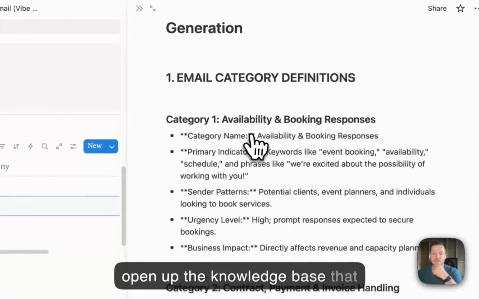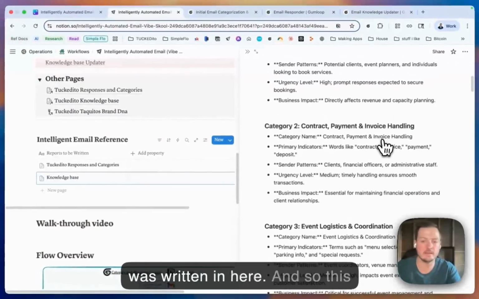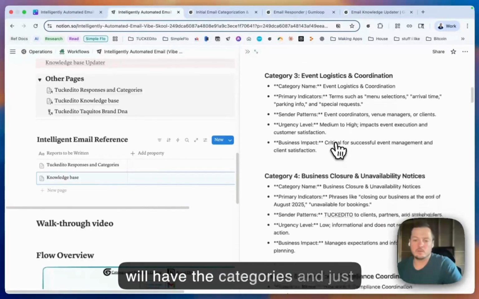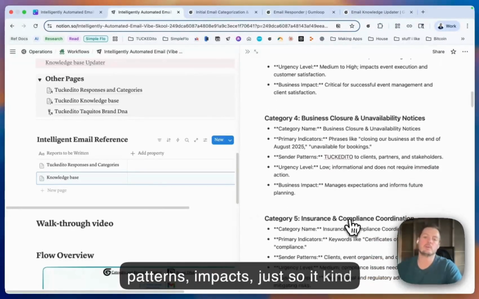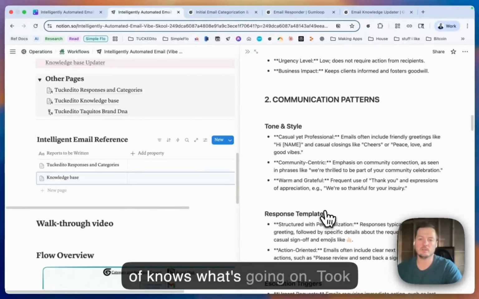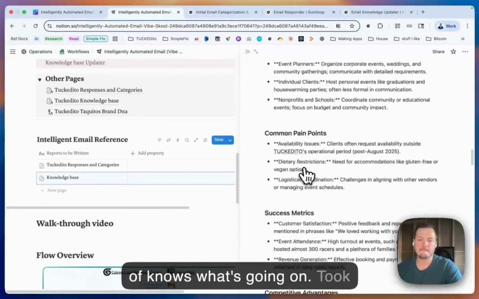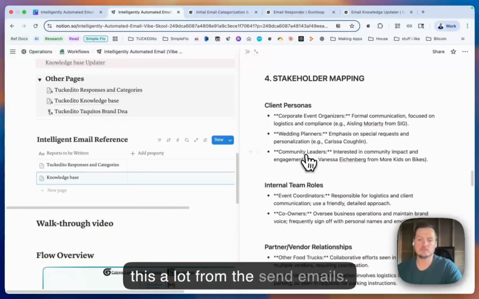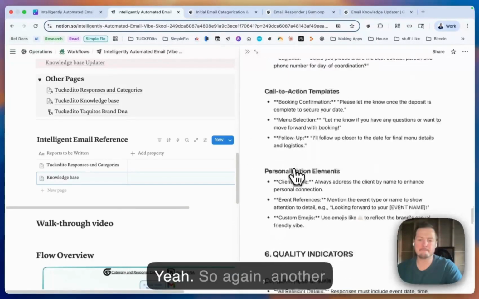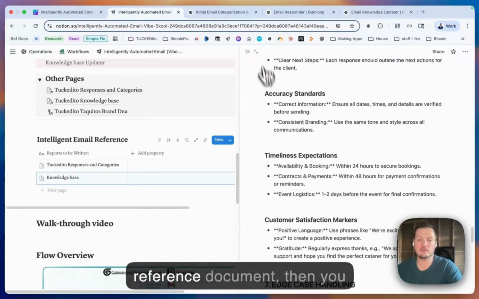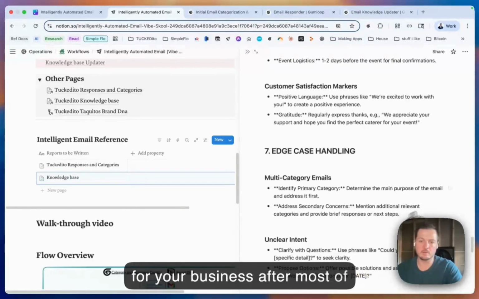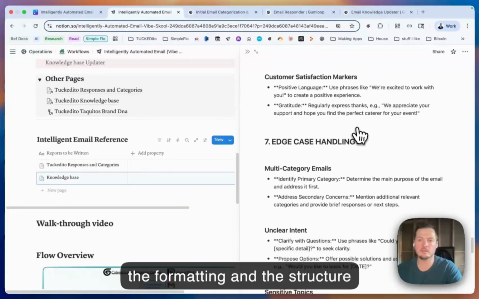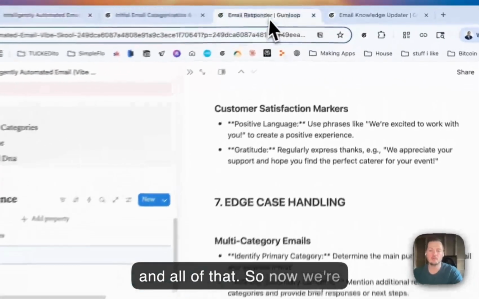We'll open up the knowledge base that was written in here, and so this will have the categories and just patterns, impacts, just so it kind of knows what's going on. Took this a lot from the sent emails. Yeah, so again, another reference document. Then you could edit this however you want for your business after most of the heavy lifting is done. It has the formatting and the structure and all of that. So now we're going to go through